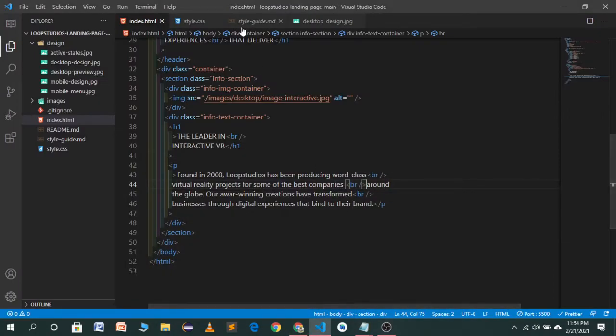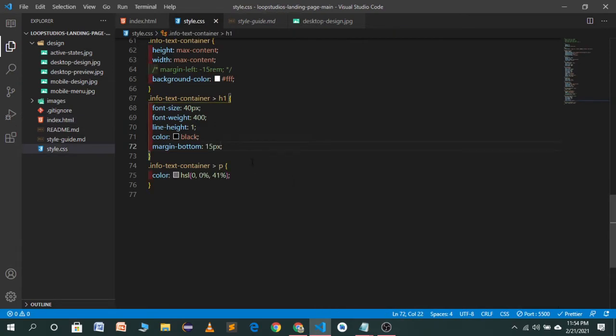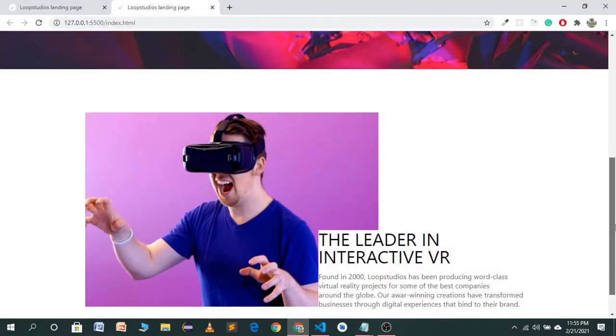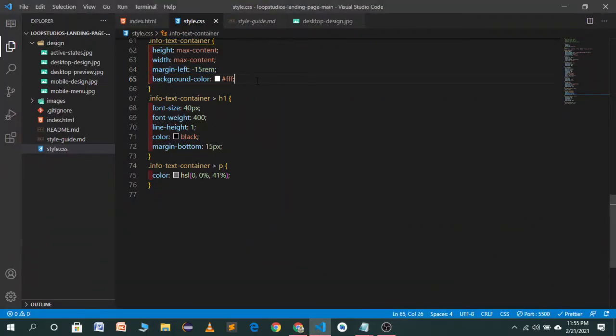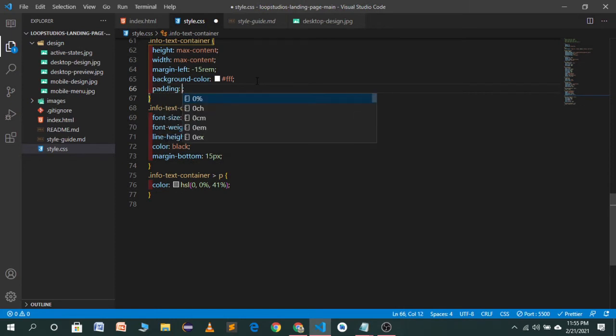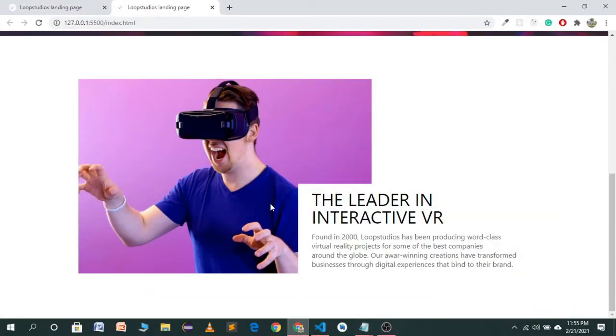First of all, let's give it a background color to our container we have given it, and now remove this margin left and save the text. And now you will see our text is overlapping. We just want to give it a padding to our info container. Padding will be, I think, 15 pixel from top and bottom and 30 pixel from left and right. Let's try how it will look. Now you will see it's looking beautiful right now.